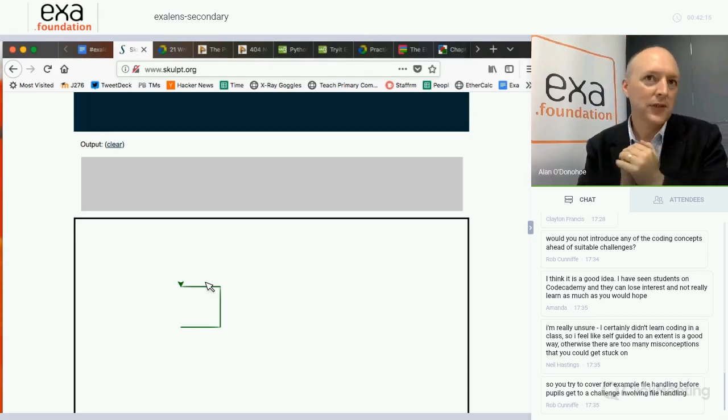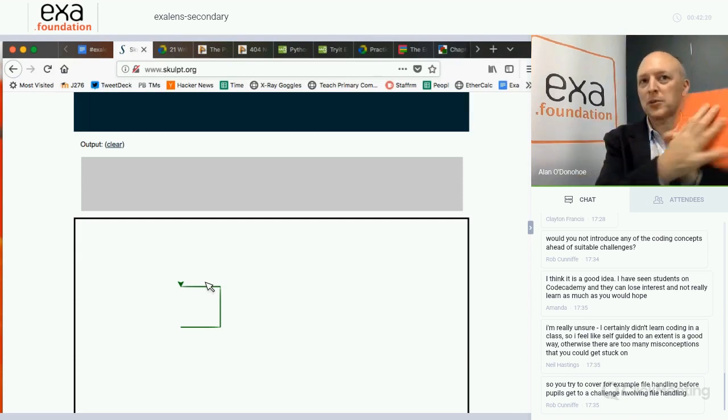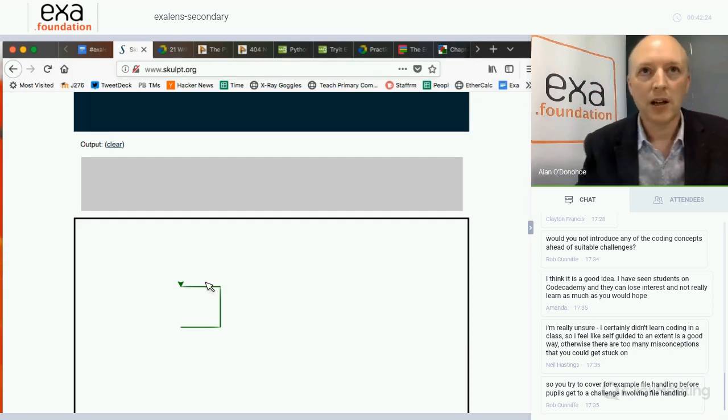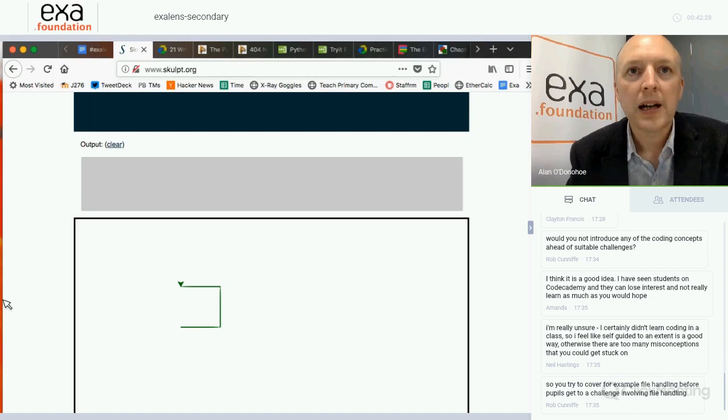So a lot of this stuff they learn as they go along, and then there's a point where they have to take the exercise books, and I'll ask them some questions, and then they have to respond, or use show me boards and hold up the answers. Okay. So that was in response to something that Rob talked about.